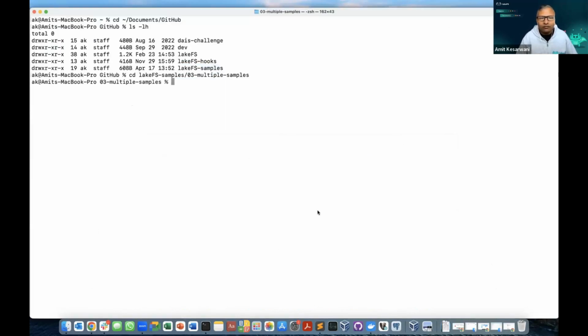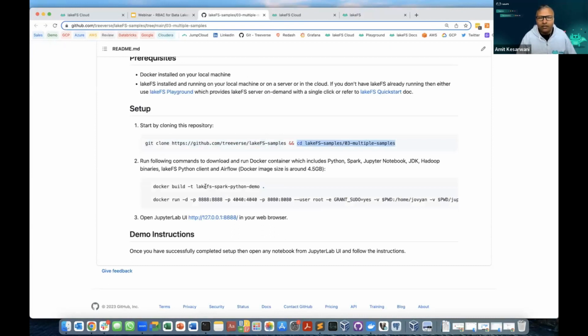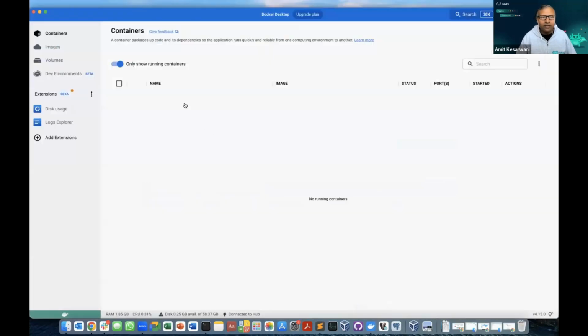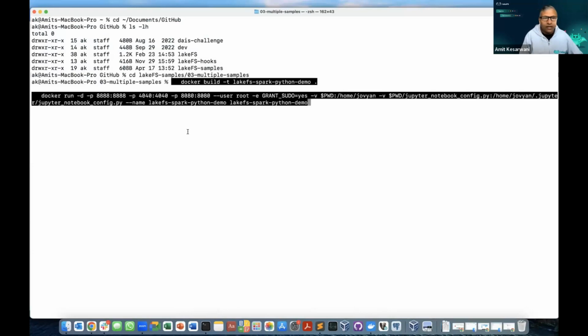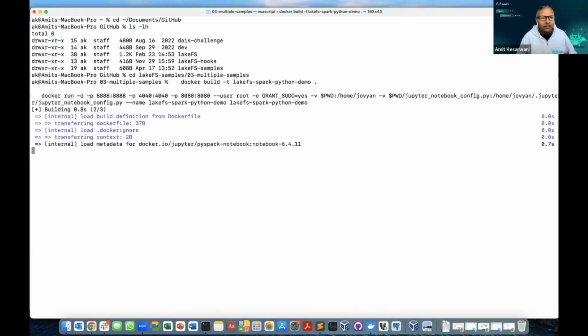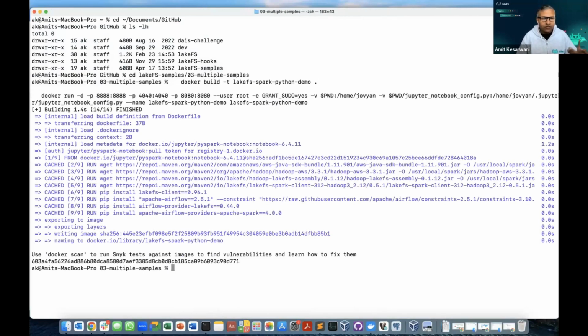And I will run this demo repository in a container. So let's just copy this command to build the container and run the container. Currently, I don't have any running container yet. So if I go into my terminal and build and run the container, it took me a few seconds, but